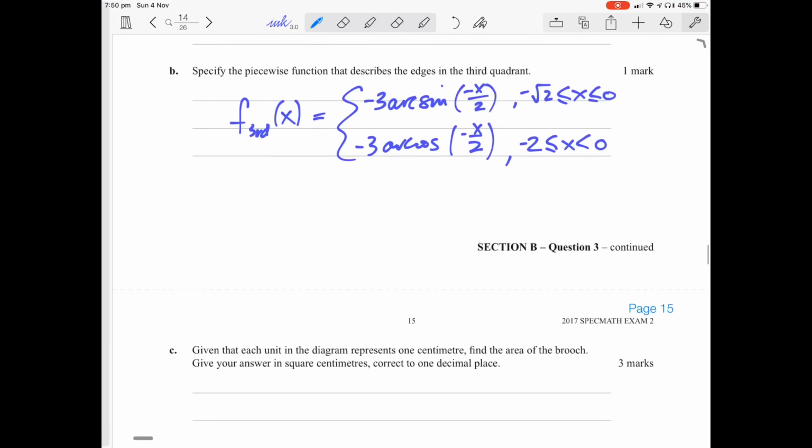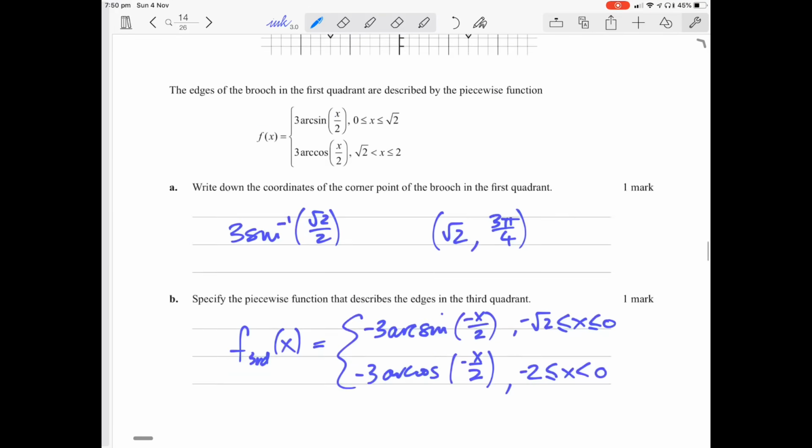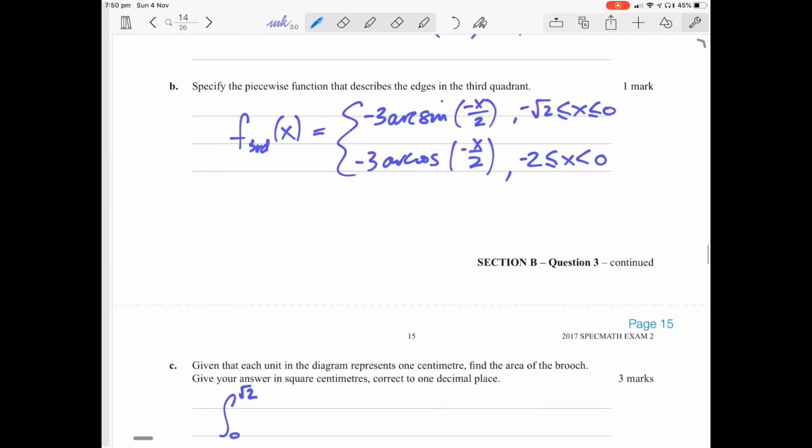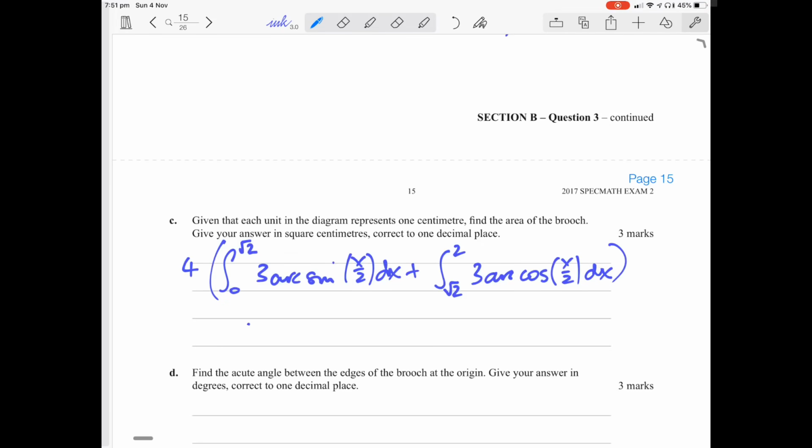Okay, so we want from 0 to root 2, 3 sine inverse x on 2, arc sine x on 2 dx, plus root 2 to 2, 3 arc cos x on 2 dx, and we want to times it by 4. Area equals,